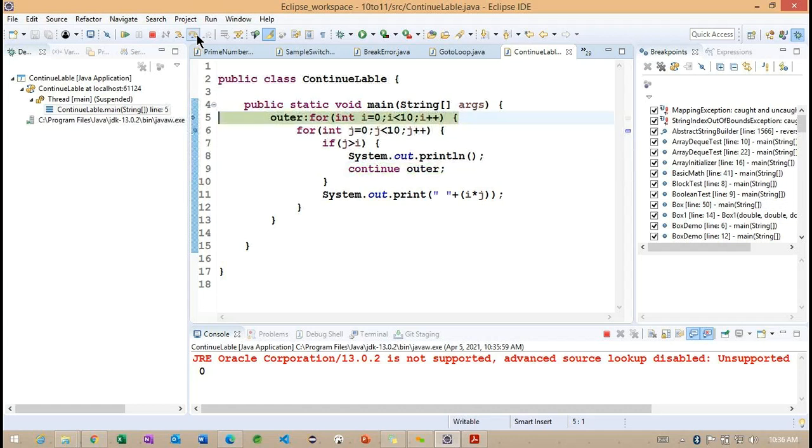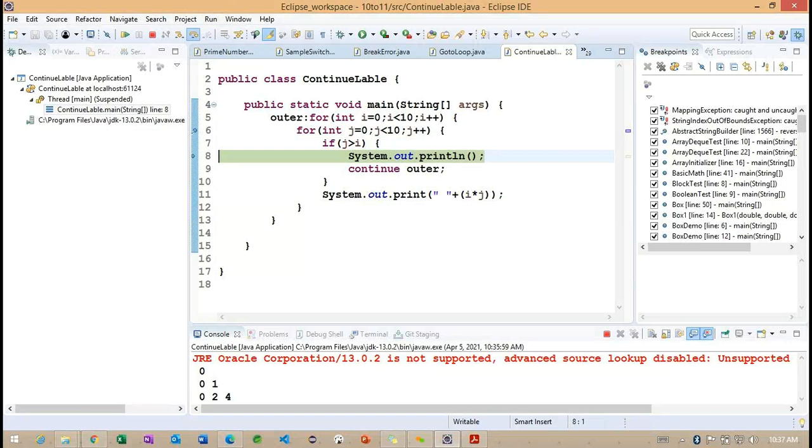So observe carefully. Again we are moving into the i loop here. So we'll try to check here. i value will become 1. So j value is 0. Again the condition is not satisfied, so printing the value. Now j value will become 1. So again the condition will not be satisfied. Again the condition is not satisfying. So yet this time this condition will be satisfied. At this time the condition is satisfied, moving outward. In the same way, i value 2. So this time this loop is going to repeat 3 times here.